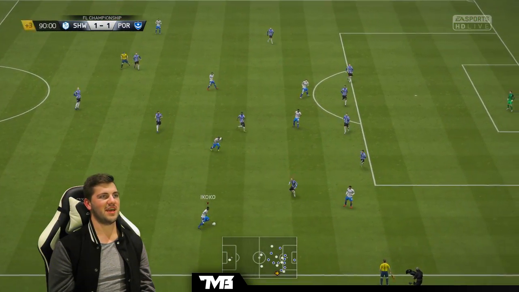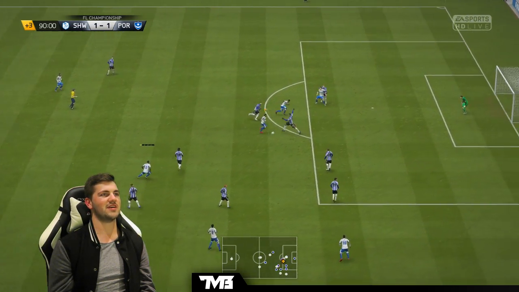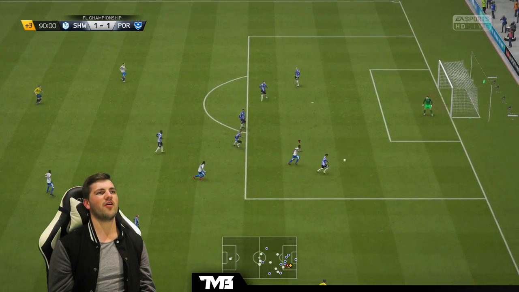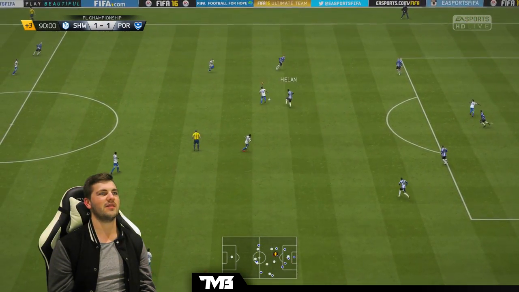Bonavacia just finds a pass there. Nice. Can we get it back to Bonavacia? We're in stoppage time now. He holds it up just. Gets that pass in. Not well. Johnson. Fouled. Surely. Please. Anything. He's running. He's falling over everybody. Incredible stuff. And I think that might...